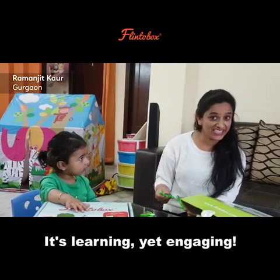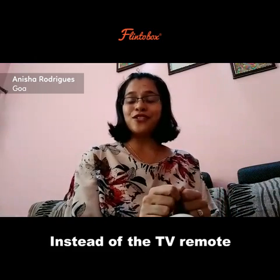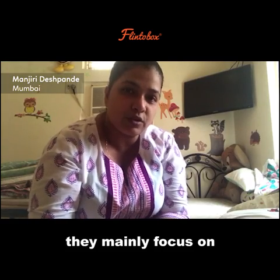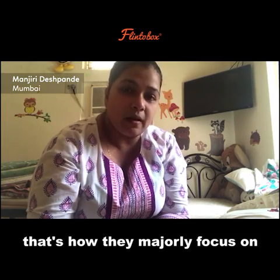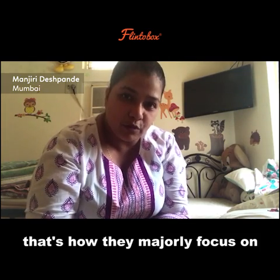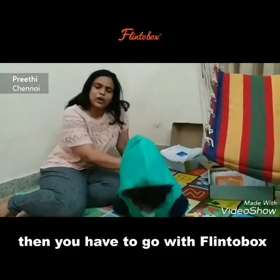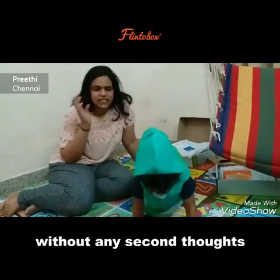It's learning yet engaging. Instead of the TV remote and the iPad, she searches for the Flintobox. They mainly focus on practical activities that make the child independent. That's what they majorly focus on. If you believe in the concept of learn while you play, then you have to go with Flintobox without any